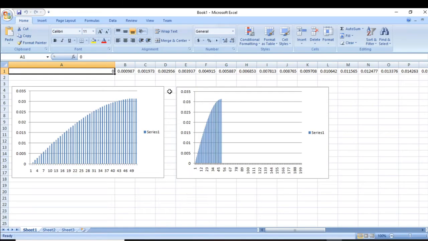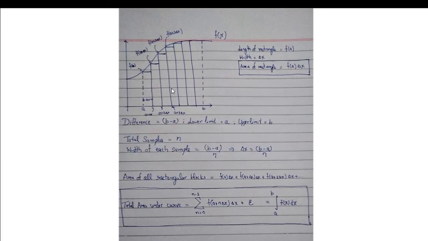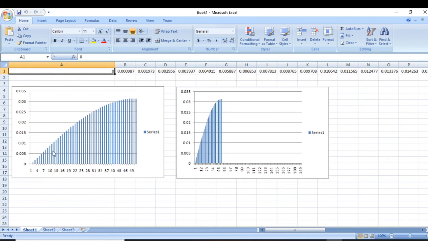You can see, and all the lengths are fixed here. This one has less thickness than this, but believe me, all of these have the same thickness. You can see that these are the rectangular strips which I discussed here, and you can see how these rectangular strips are plotting the function.